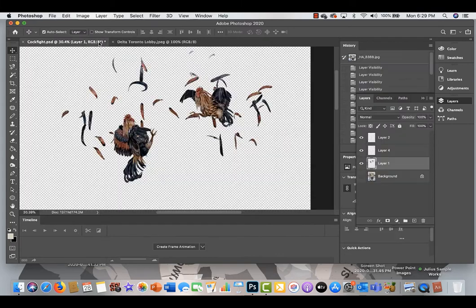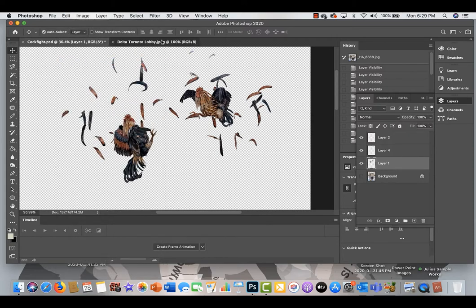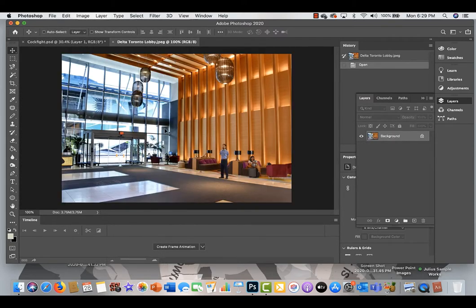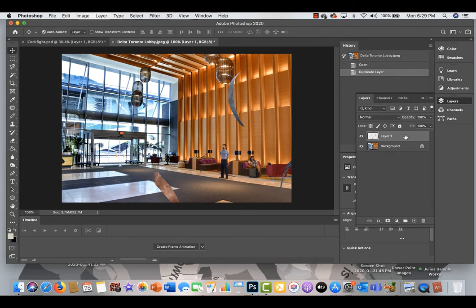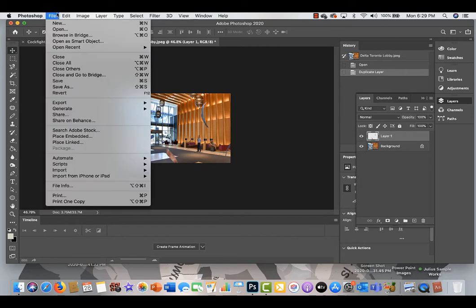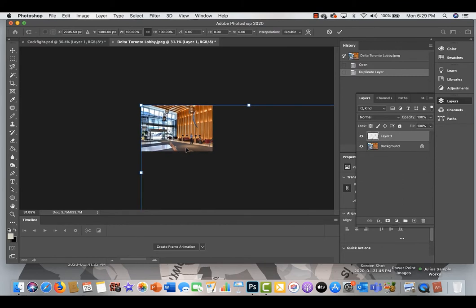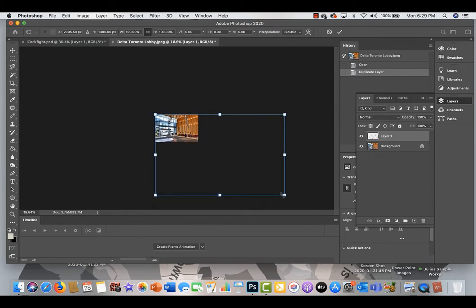And then I'm gonna open up a background that I want to insert my installation, and I'm gonna use this lobby space. So I'm then going to paste the copied rooster, and right here you can see it. You just see the feathers because the image is a bit large. So I'm just gonna change the scale, transform, change the scale, make it fit to the actual space itself